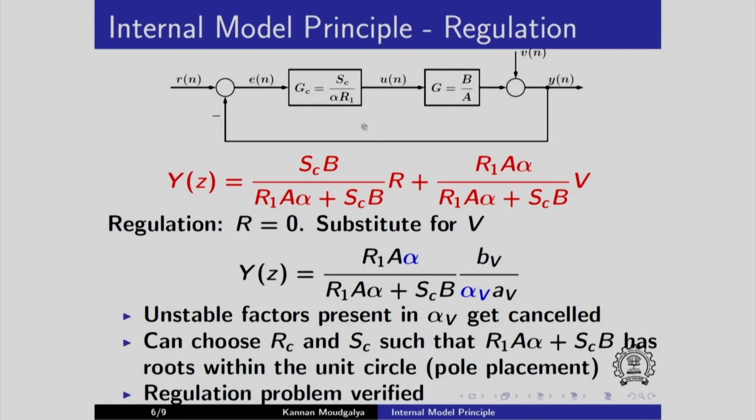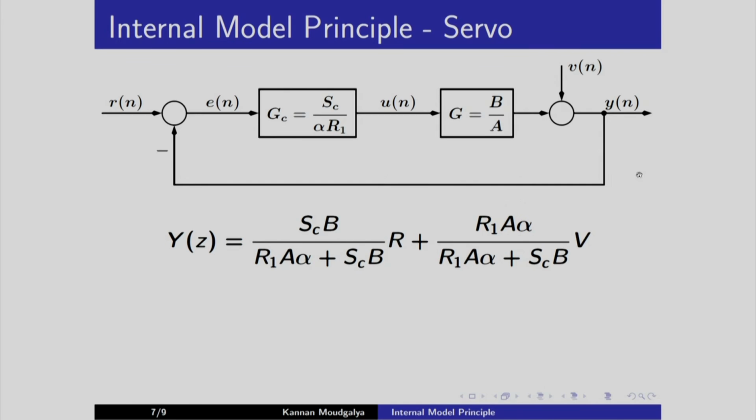What it says is that if this alpha contains the unstable part of this V, then it will not appear in the overall expression. That is achieved by cancellation of those factors given in blue here. So what is in red will be required again. You may want to write this down. Okay, this is that expression.